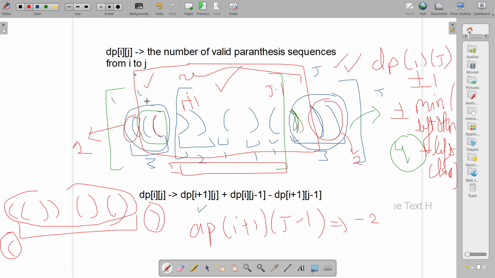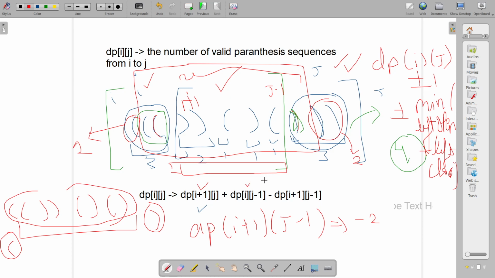So the few things which I've maintained are that AP array, then I have maintained two prefix arrays to find the number of opening brackets in any range. And when I'm calculating dp of ij, there will be a few possibilities. The first possibility is that I do not include the ith index.